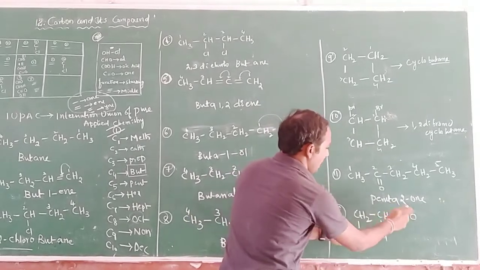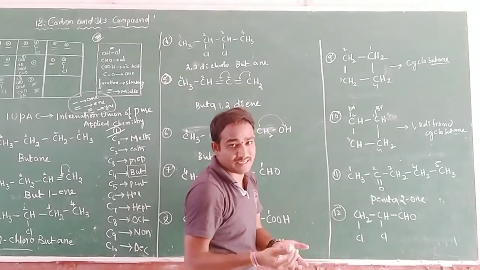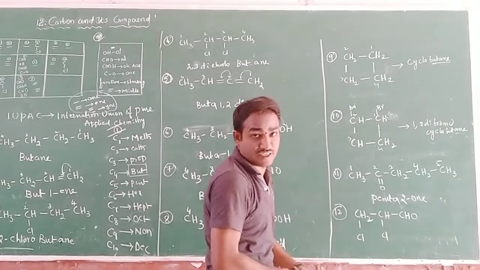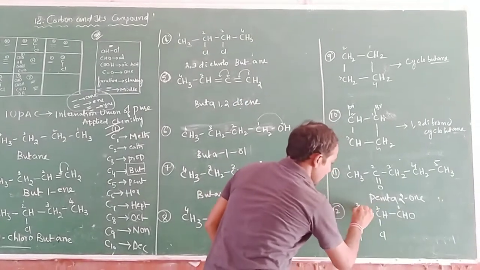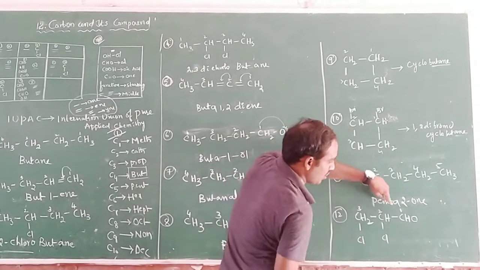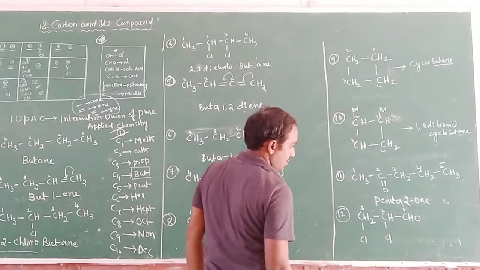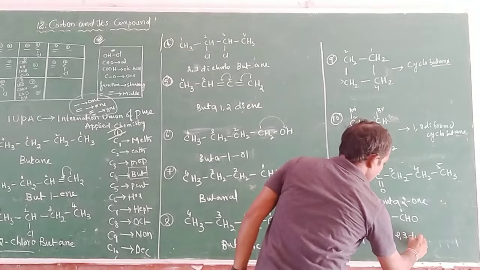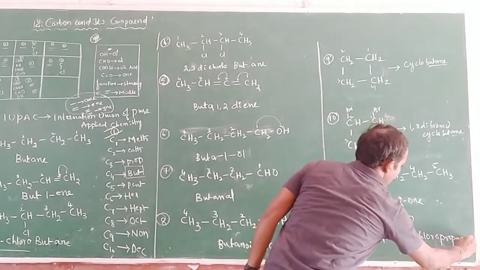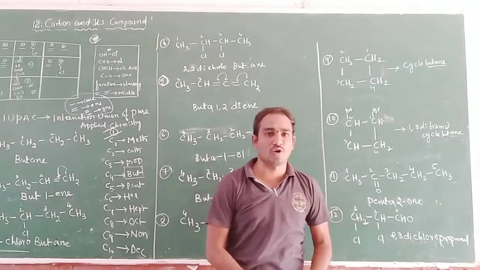And the next one: for such functional groups, like CHO and OH or COOH, we have to give priority to this functional group. 1, 2, 3. 2, 3 dichloro. If the carbons are 3, that is propanol. So 2, 3 dichloropropanol. Between carbon and carbon, which bond do we have? Single bond. 2, 3 dichloropropanol.